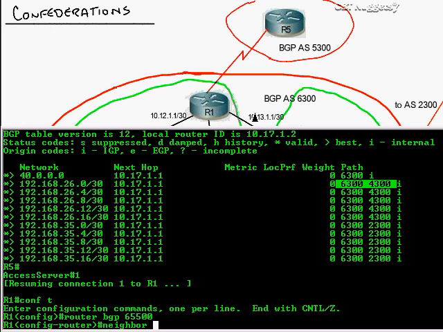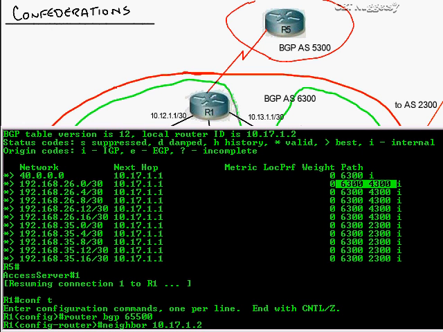We're not using confederations. I've had that situation when you're working with an internet service provider. They have their autonomous system. You don't want to buy one, so they give you a private AS number that they will strip for you when you send it out. Or you can do it. I'll do neighbor